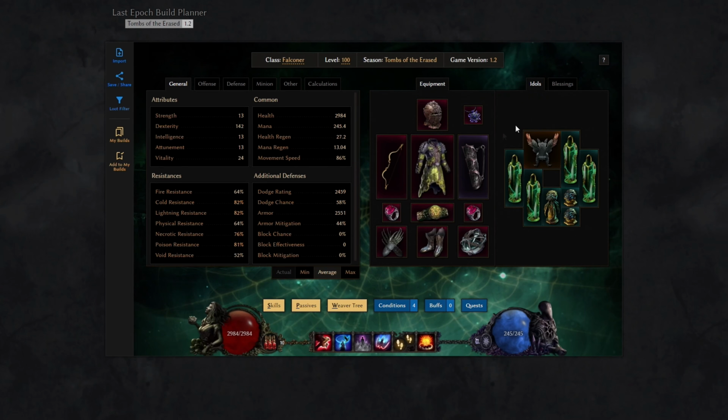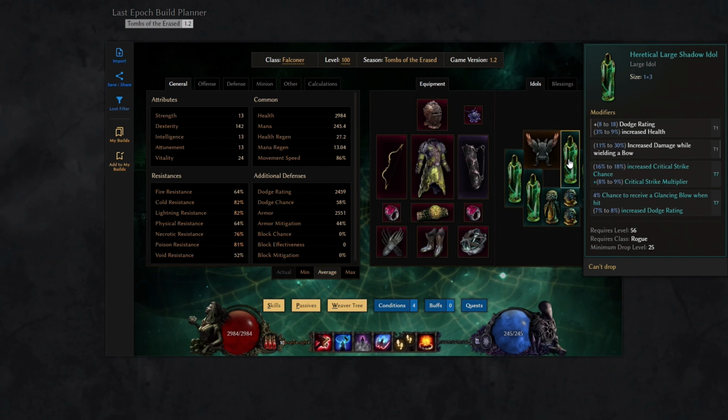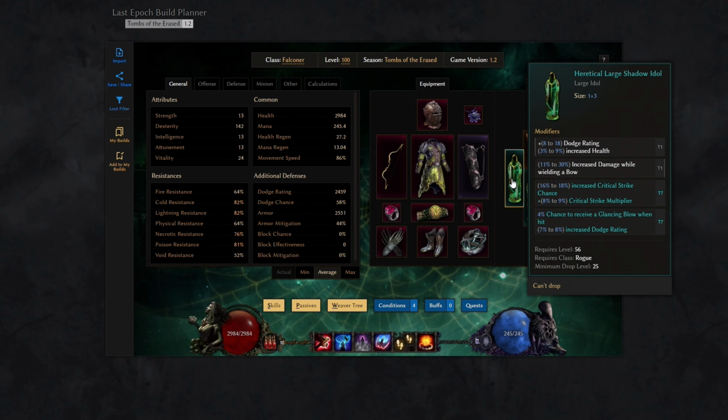Next up we got idols, and this is how it should look like. So we're using one unique adorned silver idol, called the Throne of the Ambition, that is size 2x2, and gives us a stack of ambitions when we hit enemies. Then also we gain more percentage of fire, cold and armor per stack, as well as our ambition stacks get increased to 20. Then next we want 4 heretical large shadow idols with a size 1x3, and with modifiers like